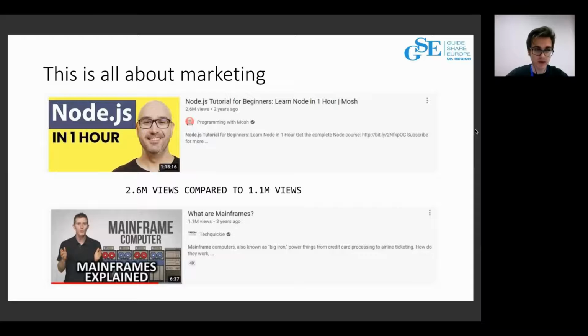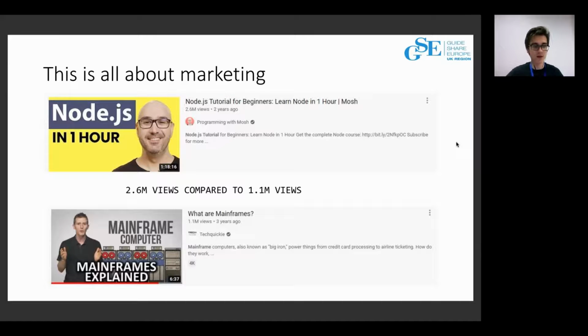So many developers like to watch technical videos on YouTube in their free time, and when they see a new technology, they want to try it themselves. So, for example, if you decide to start coding in JavaScript, you can start coding just in your web browser. You're watching a tutorial in a web browser and you can code in the web browser. We can't say the same thing for the mainframe.